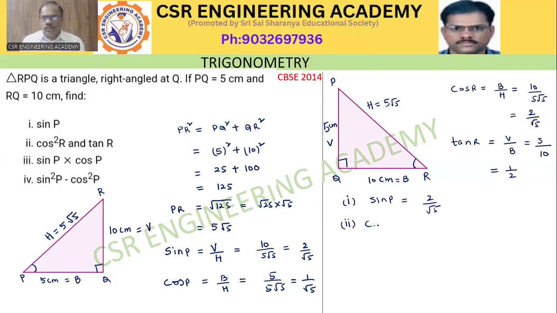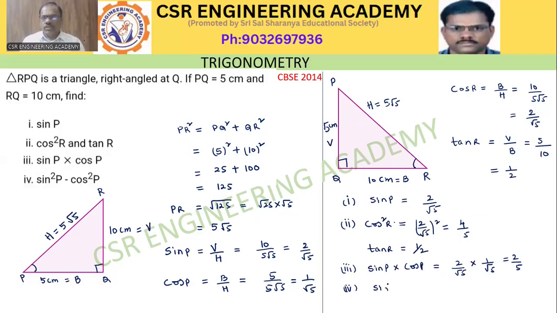2) Cos square R is equal to 2 by root 5 whole square is equal to 4 by 5. Tan R is equal to 1 by 2. 3) Sin P into cos P is equal to 2 by root 5 into 1 by root 5 is equal to 2 by 5. 4)